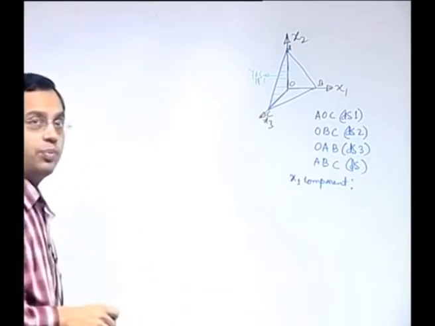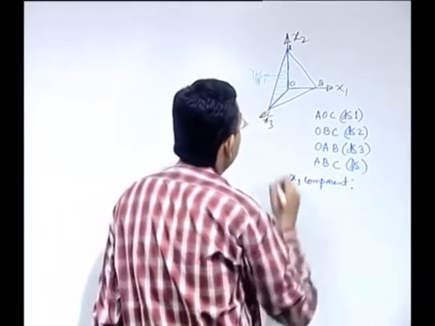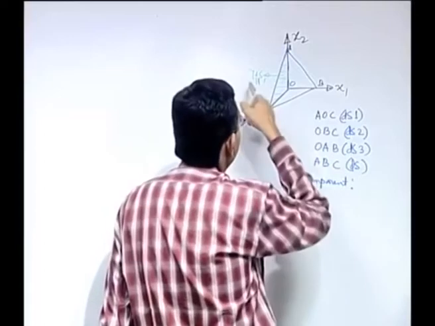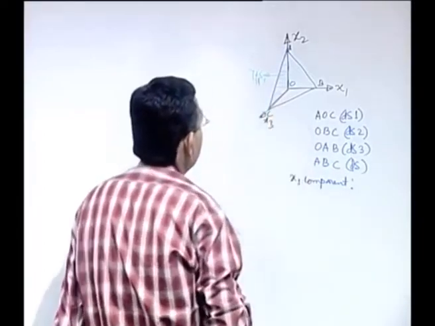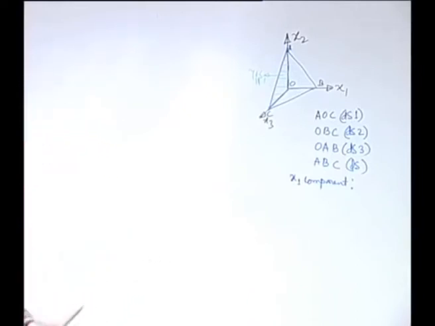So the x1 component, you write on this surface, tau 1 1 ds1,